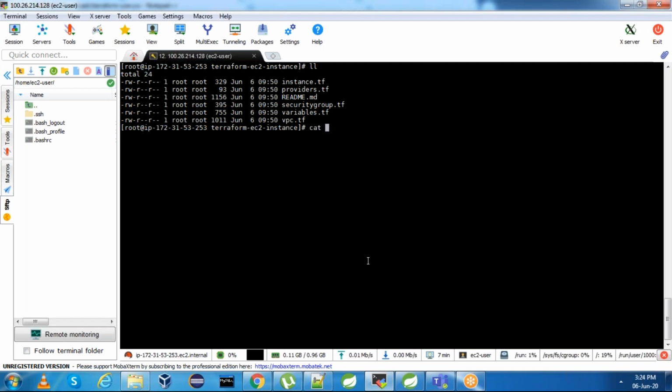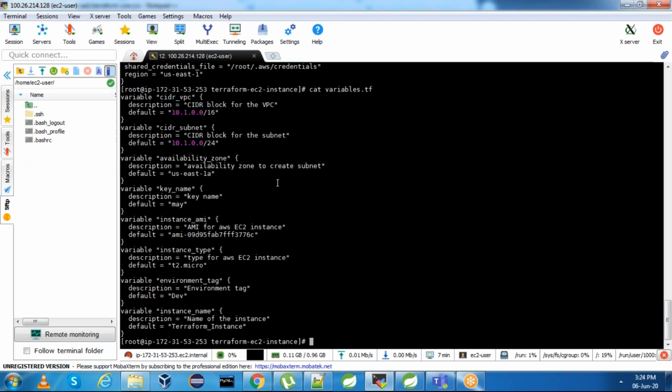Now take a look at providers.tf again. If you see, provider is AWS, shared credentials file is /root/.aws/credentials and region is us-east-1. This is perfect.